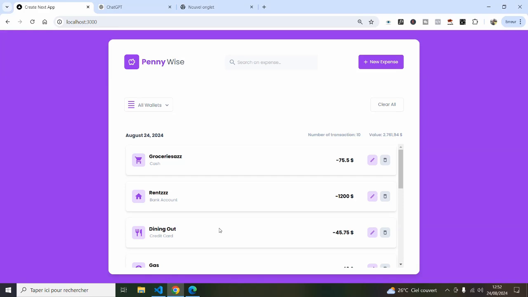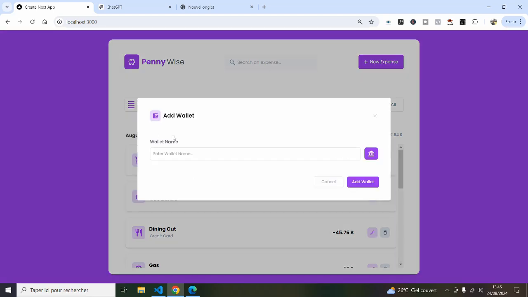Now we're going to move on to the wallet. The first thing that we need to do is to be able to add a wallet when we click on the add wallet button. So let's work on this. So now we can add the wallet. If we click on add, as you can see,